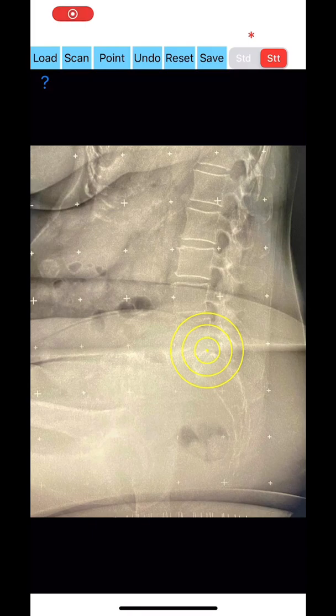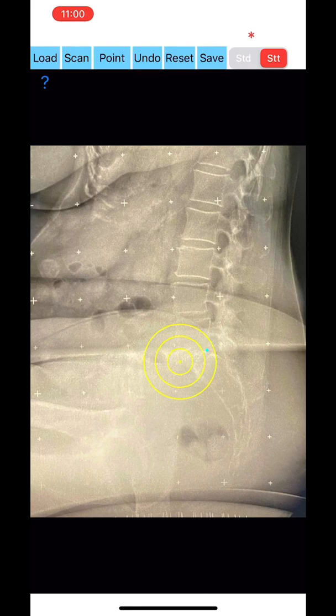With the transparent circular template, you aim to locate the posterior corner on the top margin of S1 of the sacrum, and by clicking the point button, the P9 point is marked. Then by clicking the point button at the anterior corner of the superior end plate of the S1 vertebra, the point P10 is marked. In case of selecting wrong points, pressing the undo button backtracks the procedure one step each time